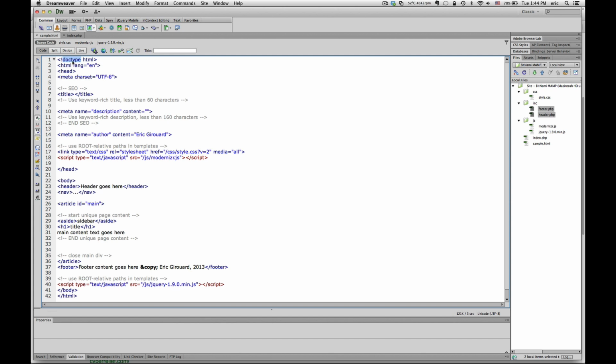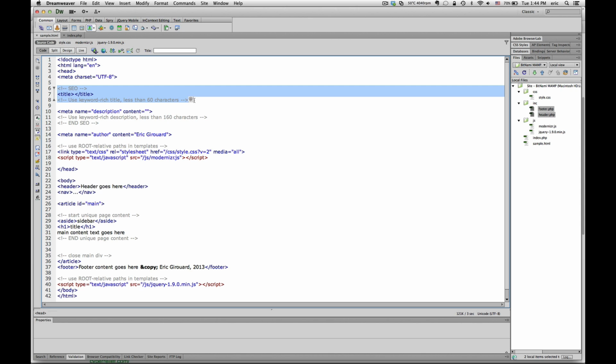Then we go on to the HTML tag, which is specifically in the English language, the head, the character set, which is UTF-8, which is Unicode, meaning that we can type in accented characters and they will successfully make it to the browser without being replaced with those horrible little black triangles. And then on lines 6 to 8, here I have